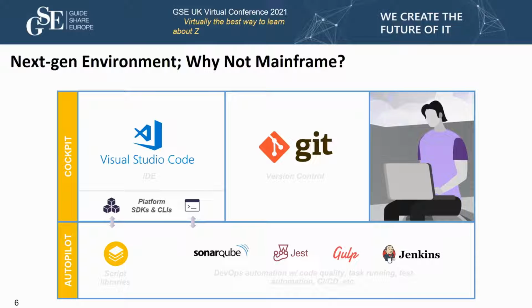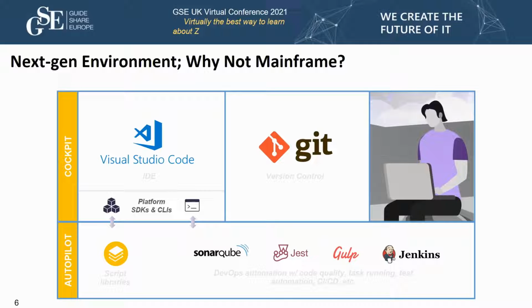The reason for its popularity is its principle of any language, any platform design. Other IDEs such as Eclipse or IntelliJ are very language specific, whereas VS Code is designed with any platform, any language in mind. It's also very popular because